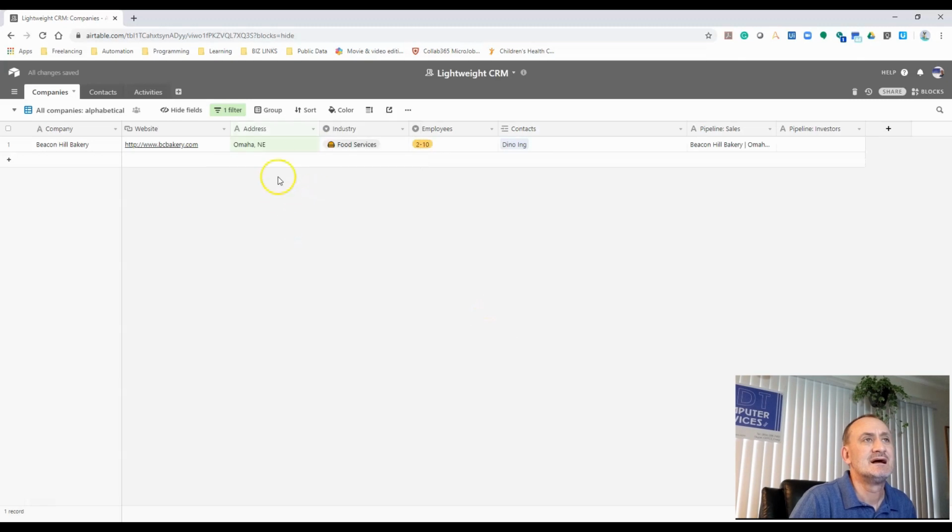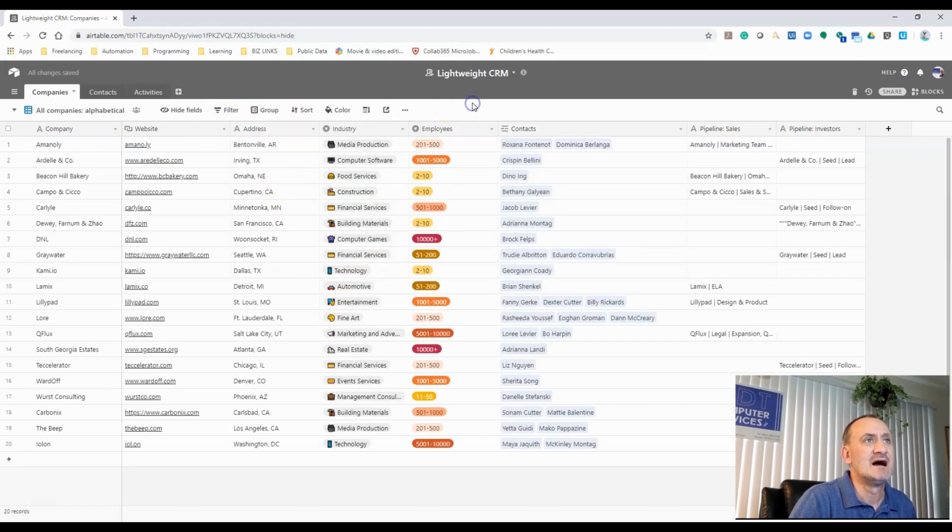Okay. And we're filtered to just see what is in Omaha. Okay, let's get rid of that. We want to see everything, get rid of our filter. We can group. If we want to see the data on this tab, group by a specific field, we can